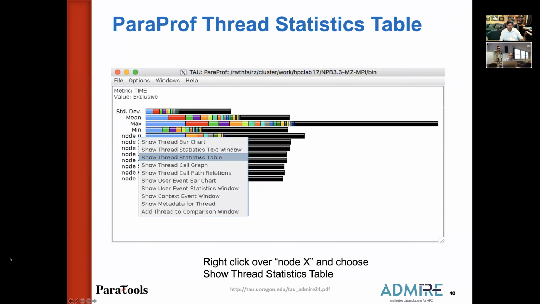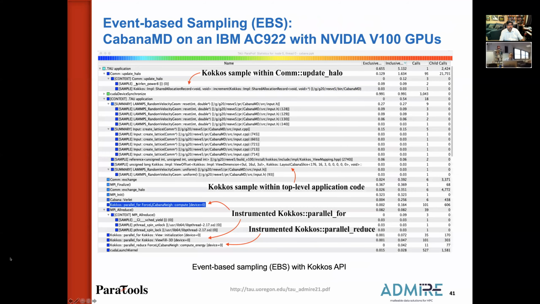And you can see the thread statistics table by right-clicking and choosing show thread statistics table. Here I can see what happens in the application with the halo update phase. I can see the implementation. I can see samples taken over here. If you see context or sample, these represent the number of samples taken. You can see the CUDA device synchronize. You can see the source code and the rest of your application and the high-level samples